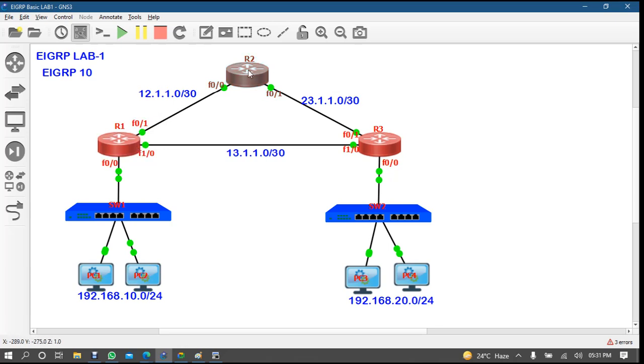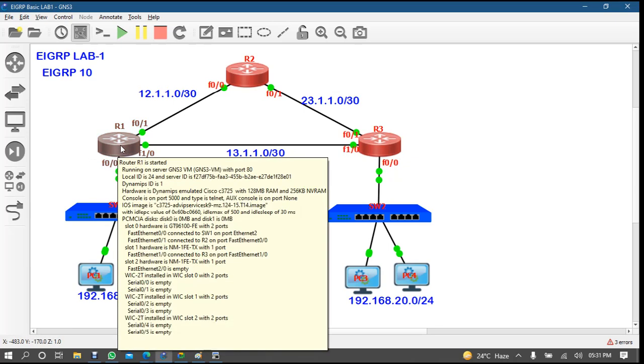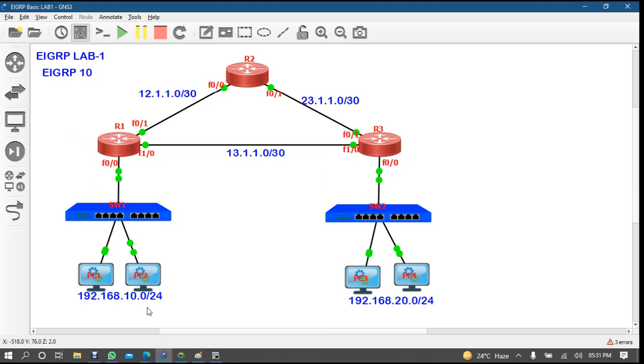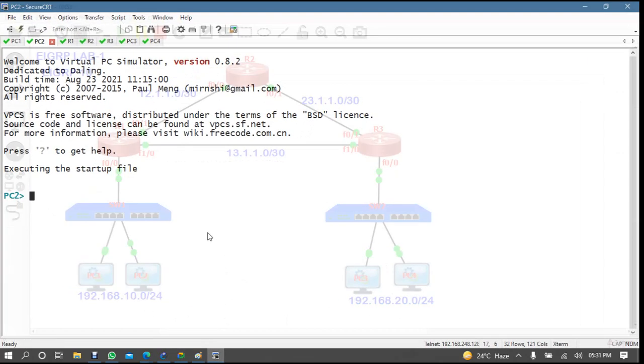R1 is connected to R2, so it is 12.1.1.0/30. R2 is connected to R3, that's why it is 23. R1 is connected to R3, that's why it is 13. This network is the one we are using for R1, that's why 10.